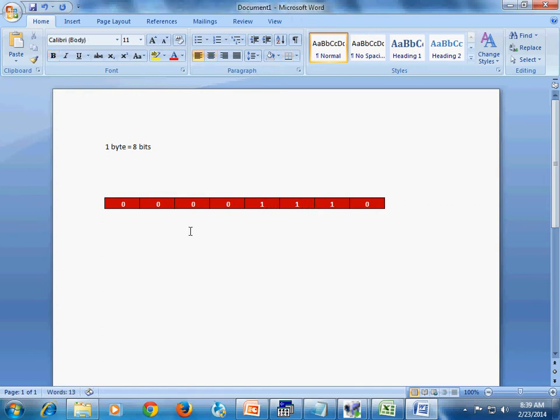Conversion from binary to decimal: always start from right to left with powers of 2 incremented by 1, and starting with 2 power 0.